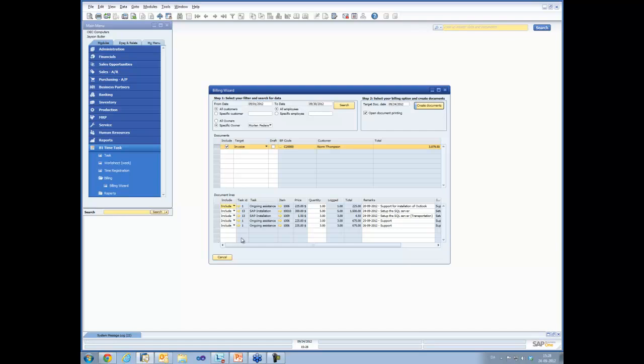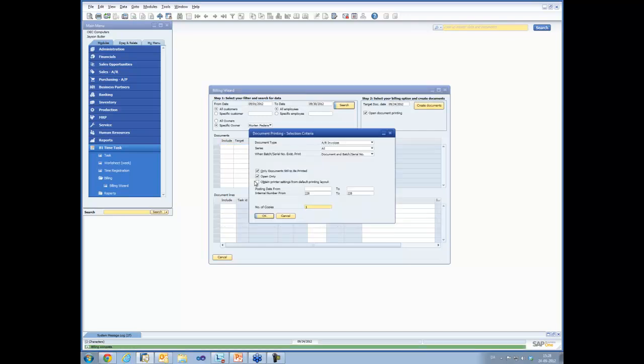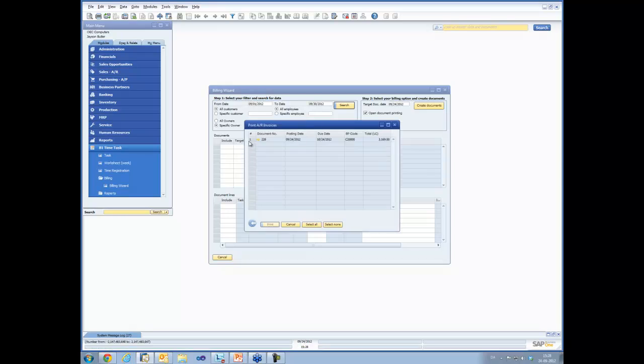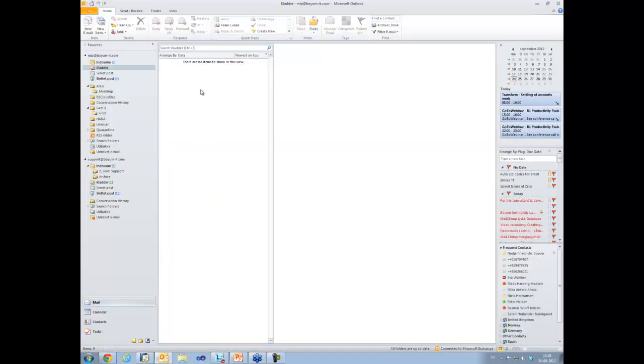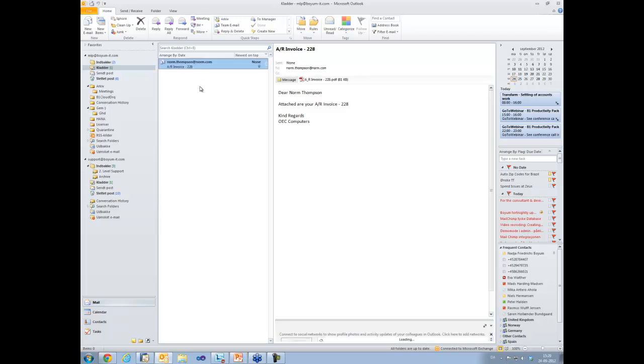But I'm just going to include this, and then I'm going to press create documents, and the system is going to create one AI invoice for me. And it's going to open up the document printing, where we have integration with the B1 print delivery module, so that I can just create an email directly from here. And then I'm ready to send an email to my customer